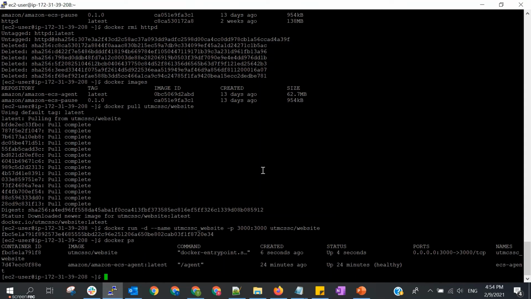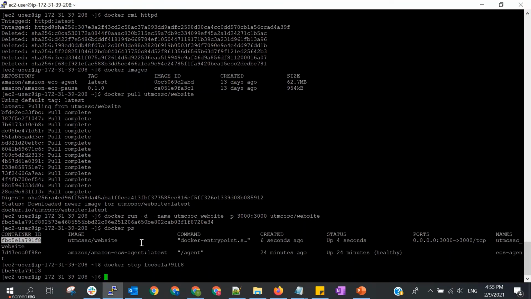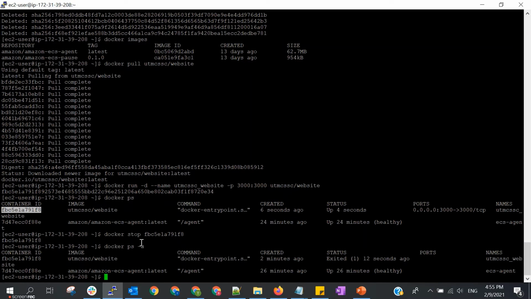on your own server. Okay, if we want to clean this up, again, just another command: we need to stop first. Stop this container. Okay, if we stop, I already closed the browser just now, but it will also stop the website. And let's also delete this container using docker rm and then this container ID. So just now we stopped the container.